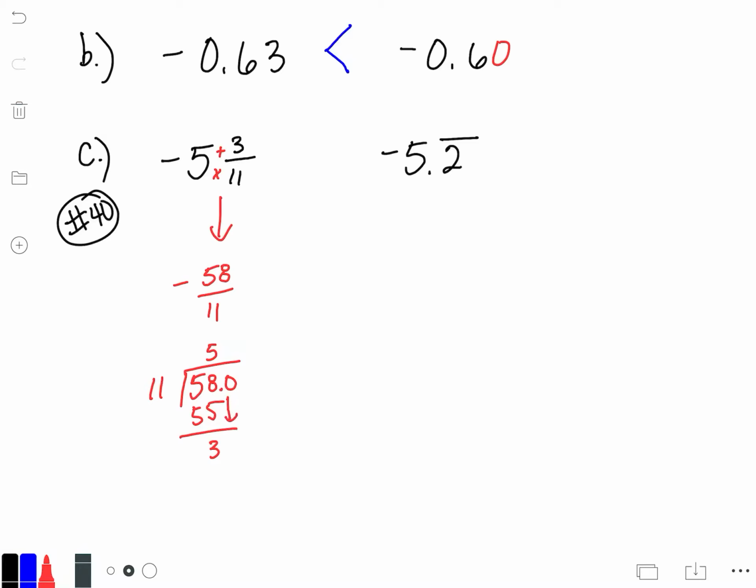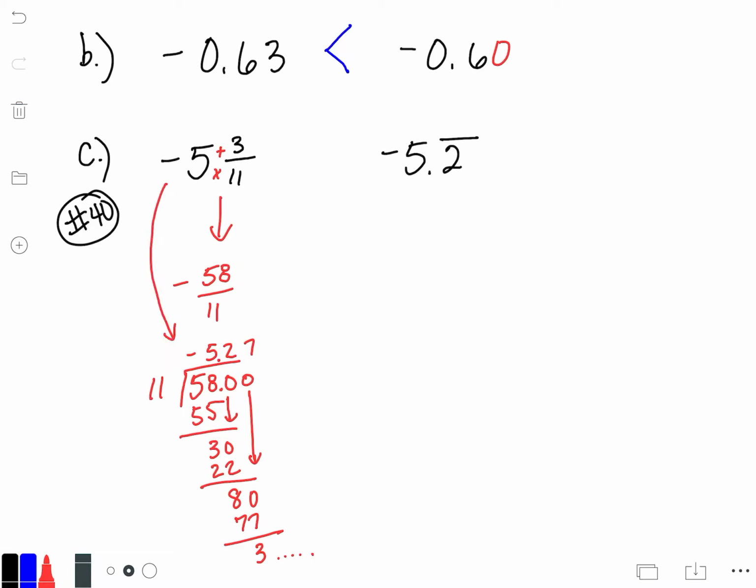Decimal point 0. 11 goes into 30 2 times. 22. Bring down one more 0. 11 goes into 80 7 times. That would be 77. And so this is going to continue. I'm not sure if it repeats yet, but I know it's going to continue. But I'm going to stop here because right now